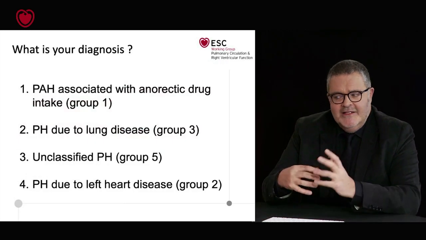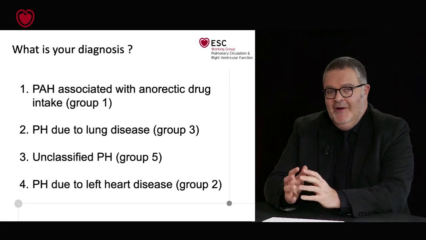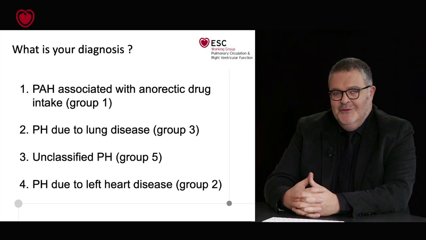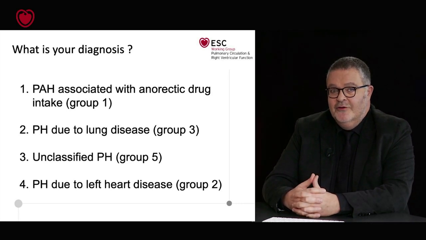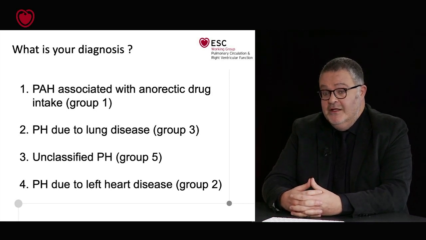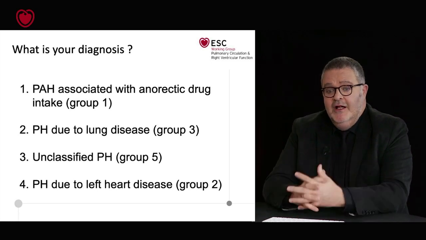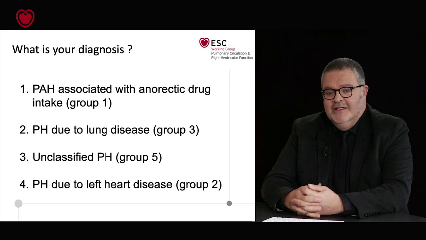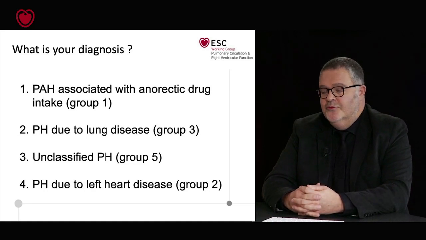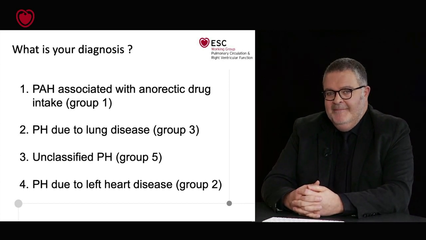So now I'm asking the question back, and I hope we will discuss the management afterwards. Colleagues, what is your diagnosis with this? Do you believe it's still PH associated with anorectic drug intake, group 1? Do you believe it's pulmonary hypertension due to lung disease, group 3? Do you believe it's unclassified, group 5, because there's a lot of risk factors for pulmonary hypertension? Or do you believe that this is pulmonary hypertension due to left heart disease, group 2, because of the hemodynamic phenotype that was clearly post-capillary? Curious to see if people have changed their minds, and then we will go back to this idea of escalating